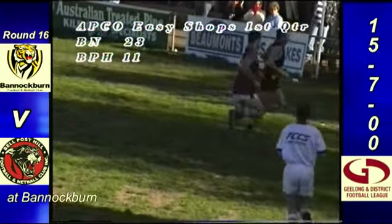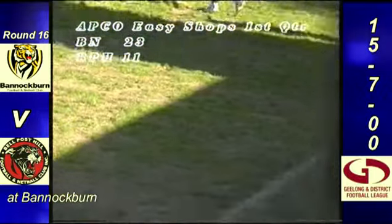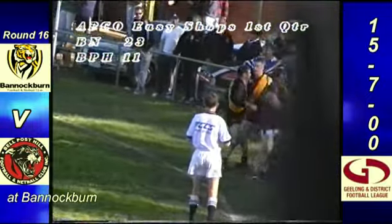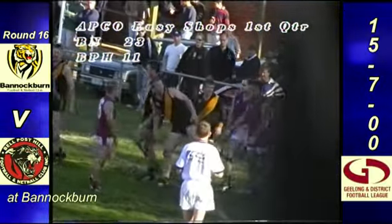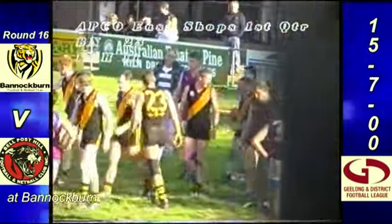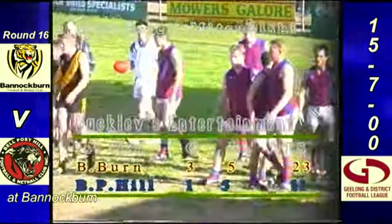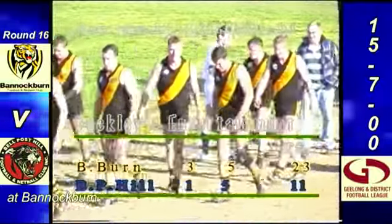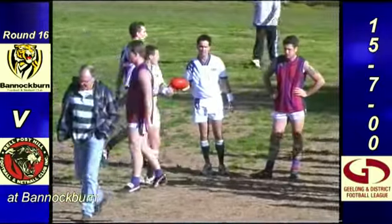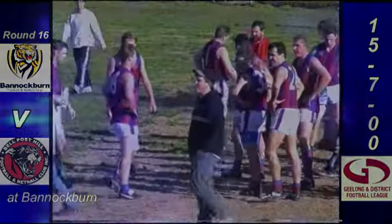We're hidden. Well, in the what has happened, the siren has sounded, but a bit of an altercation right on the fence, which is out of our line of vision. So I'm not quite sure what has transpired. In the meantime, the quarter time siren has sounded, and the quarter time score here at Bannockburn is 3-4-22 Bannockburn. They lead Bellpost still at 1-5-11, and the goal kickers so far in the game for Bannockburn, 2 to Brett Harding, 1 to Dwayne Broome, and for Bellpost still 1 to Troy Feldman. We'll go back